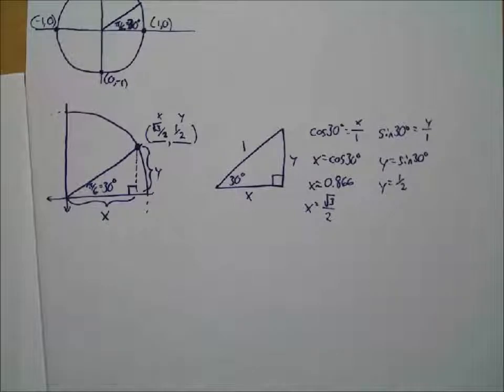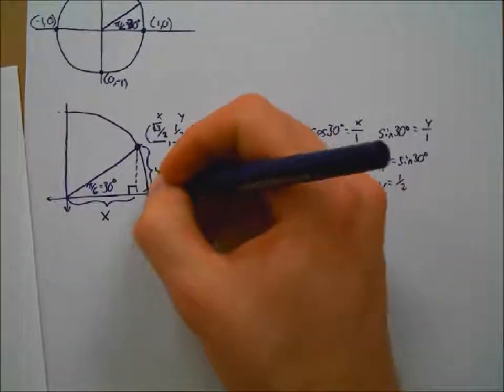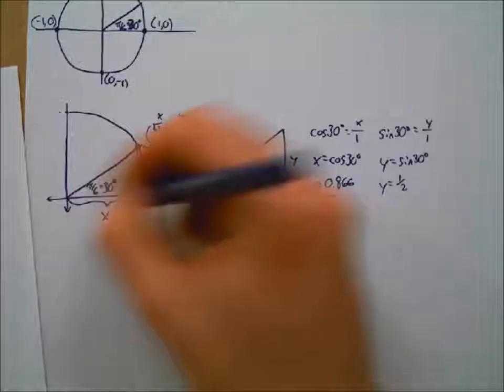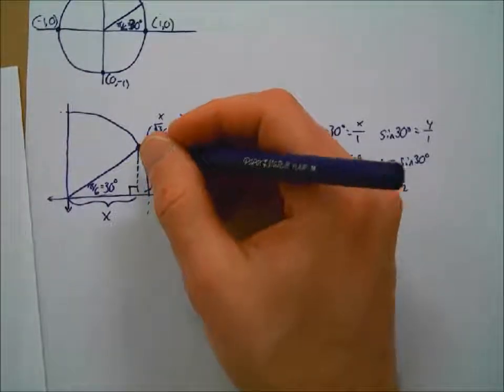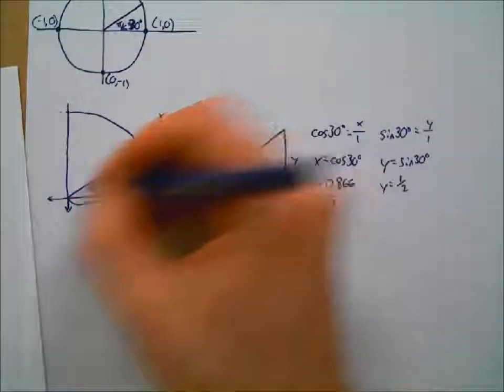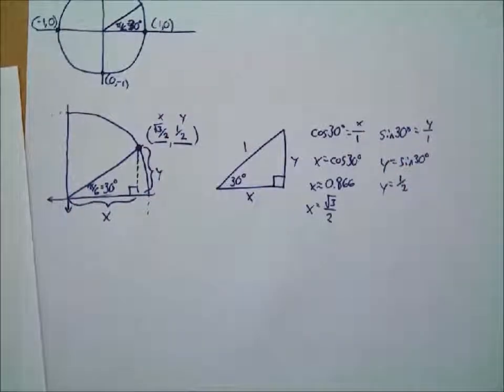And the polar coordinate system still uses 2 numbers, but it uses those numbers in a different way. The first number is how much you rotate to get to the point from the x-axis right here, and the second number is how far from the origin you go in that direction. And that allows you to then locate any point in the coordinate plane, and it allows for some